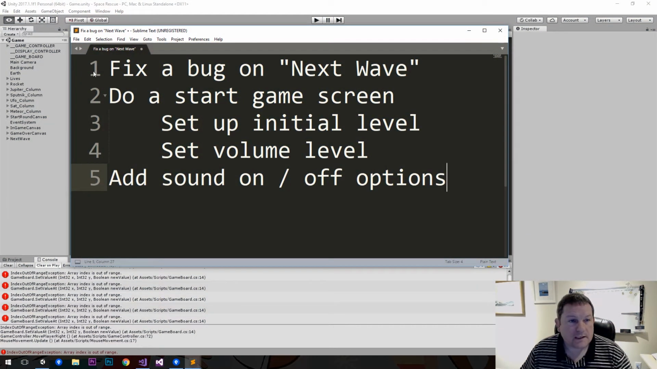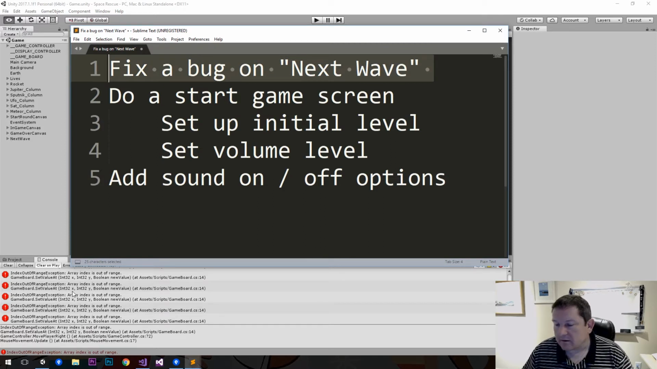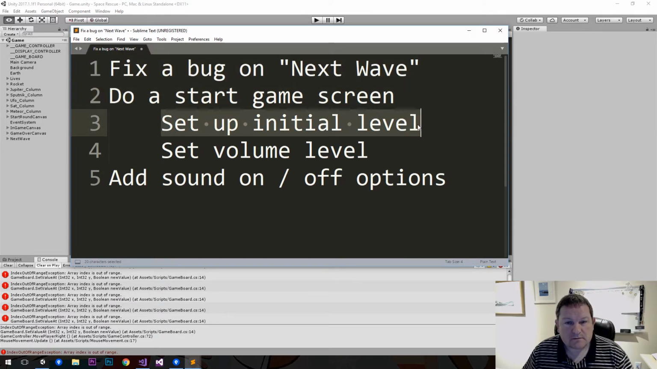So this is what we're doing today. We are going to fix a bug on the next wave screen. So you look down here, you see there's a little bit of an issue down there. We're going to do a start game screen. We're going to set up the initial level, set up the volume level as well. Right now we're manually resetting it, so we'll get it to do it when you're in the game. When you click play, it'll go there, and then we want to add sound on off